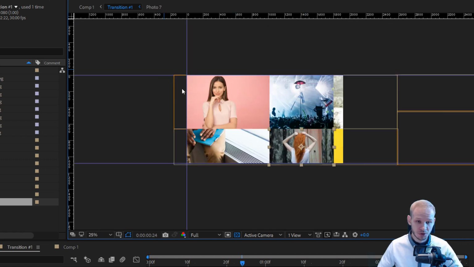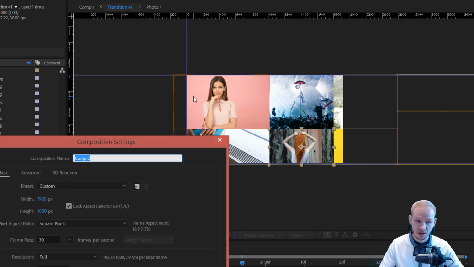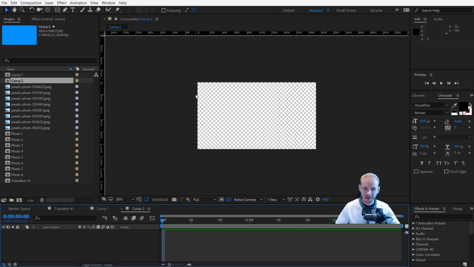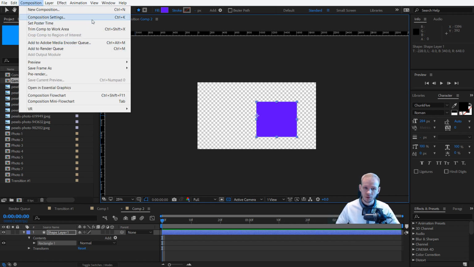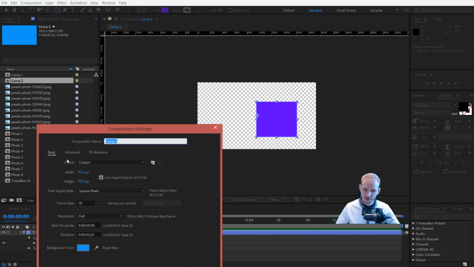Just recently I did a project where I had different composition sizes, and I want to show you how to resize compositions. Let's say that you have a composition like that, and you would like it to be smaller, for example, to about this size. One counterintuitive way of doing this would be going to composition, going to its composition settings, and